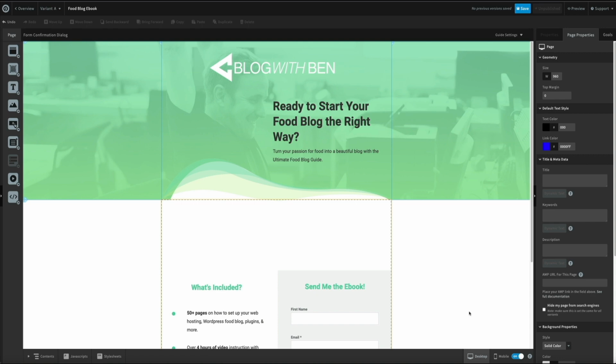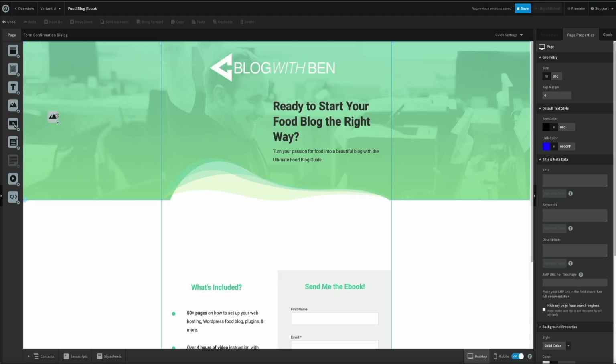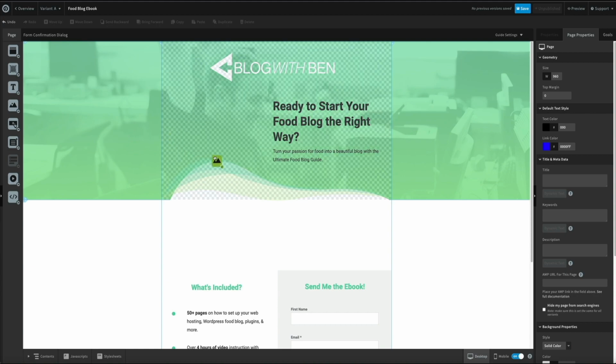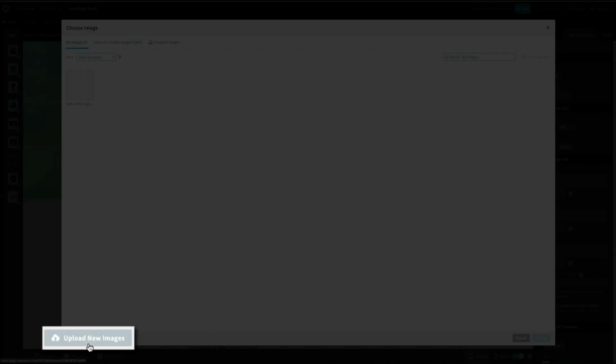So this time I'm actually adding a new element instead of replacing one. So one way to do that is to use the widget panel. Simply drag and drop the image element like so and place it on the template. Then this will open your media library where you can use one of their photos or upload one of your own. Again, I'm going to upload my own image that I created, so I'll click Upload New Images